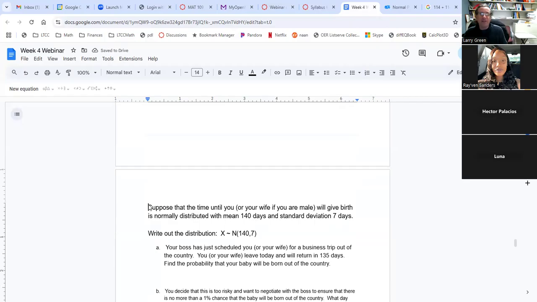So here is the thing. Suppose that the time until you, or your wife if you're male, by the way, will give birth, and biologically male is what I mean, is normally distributed with mean 140 days and standard deviation 7 days. Just a note, something you might know, by saying that the mean is 140 days,